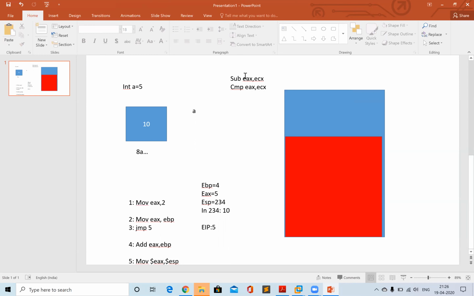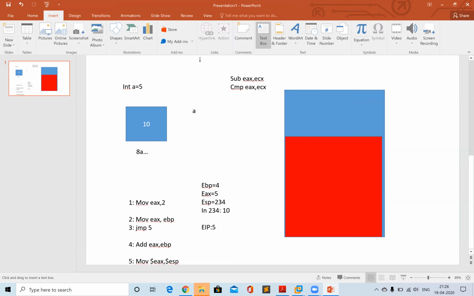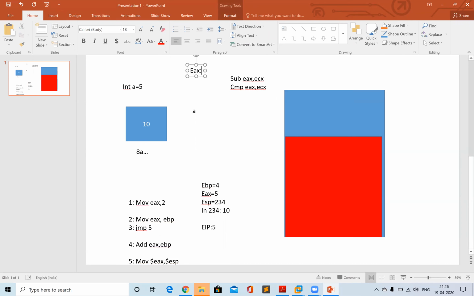So actually what I mean is, suppose you have two instructions over here, like sub EAX, ECX and compare EAX, ECX. What will happen is, in the first line, suppose the EAX value was 5 and the ECX value was 3. After execution of the first instruction, the EAX value will change to 2. Okay, but if you don't want to change the value of EAX, but you still want to know the result of the